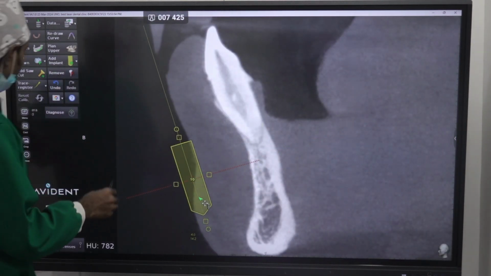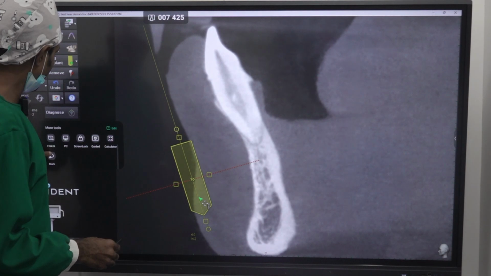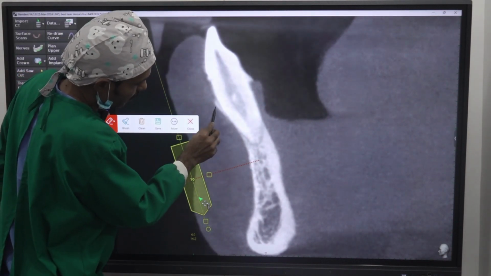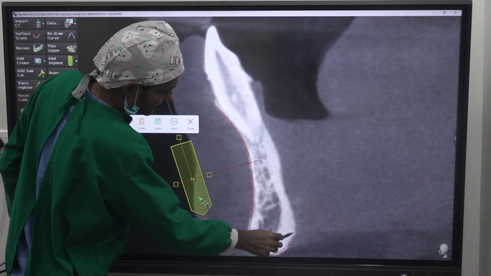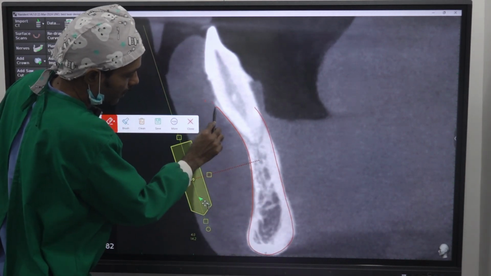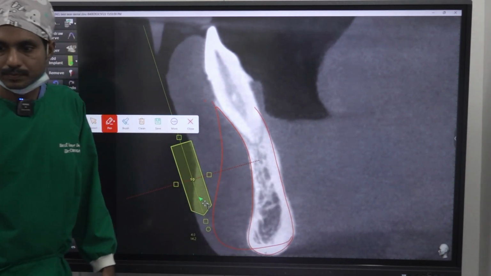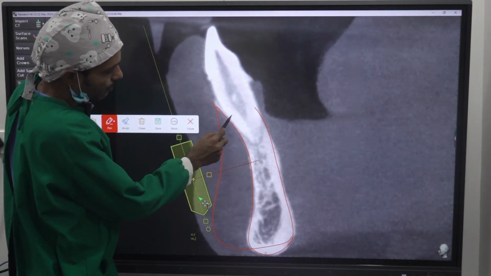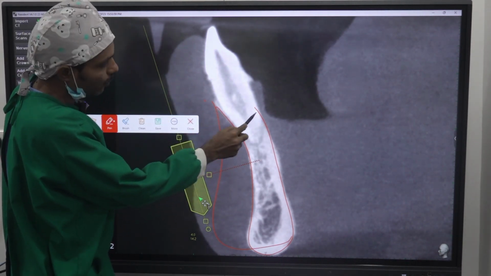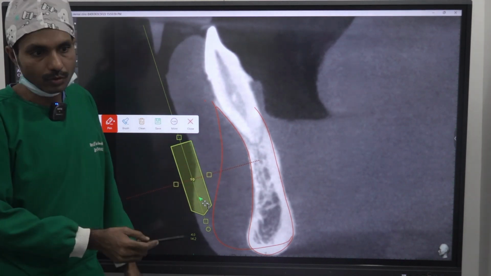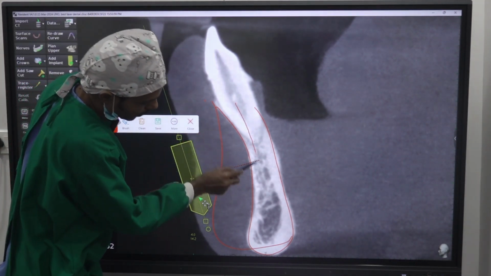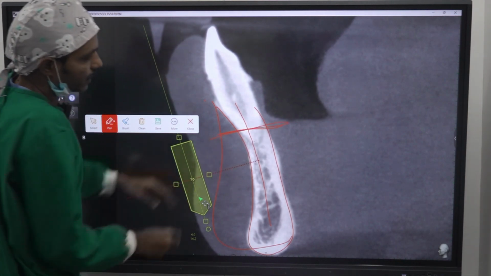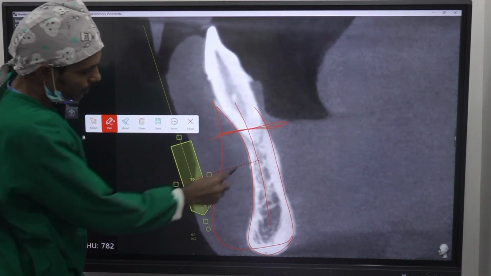See the bone shape. Very thin buccolingually, like all along. Sometimes it will be like this, very wide. You have a lot of bone, but here it's very limited. Buccal to root no bone, lingual to root no bone. Only through the apex you have to drill. Okay, so you will be doing alveoloplasty till here, tentatively. So from here to here,